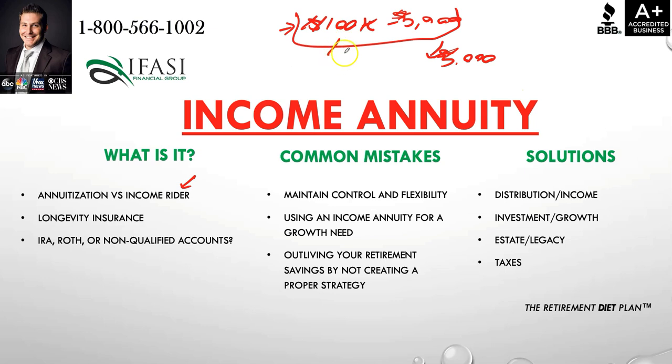Every time you're pulling out the money, $5,000, $5,000, $5,000, it's going to reduce your account value proportionately. So in that example where the individual's age 65 and passes away, let's say there's $75,000 remaining in the account balance, this $75,000, rather than going back to the insurance company, will get left over to the beneficiaries.